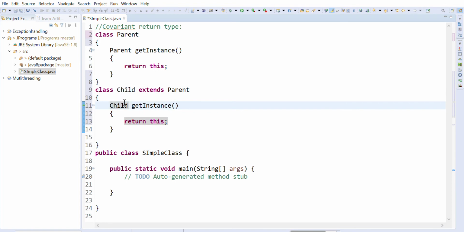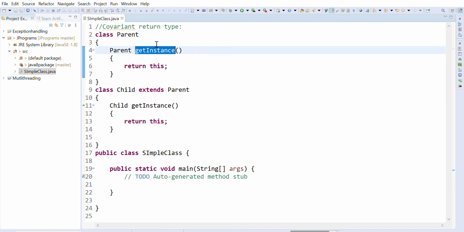So whenever the getInstance method is called, it will give the child instance, and if the parent's is called, the parent will be returned.